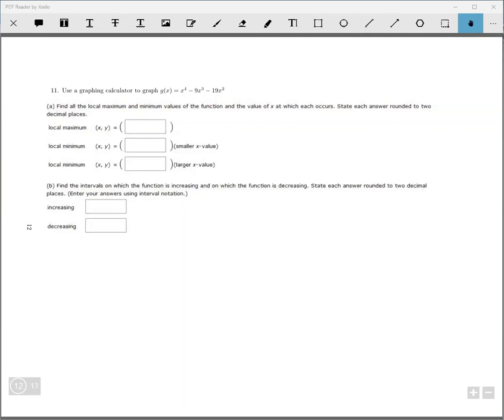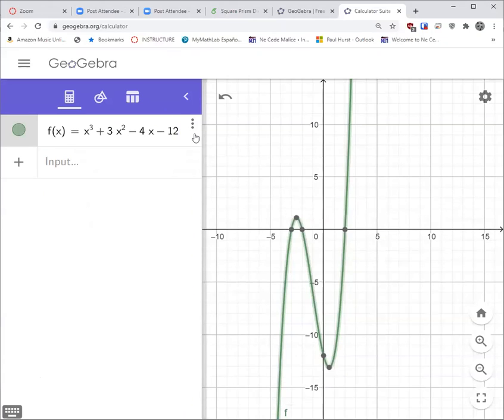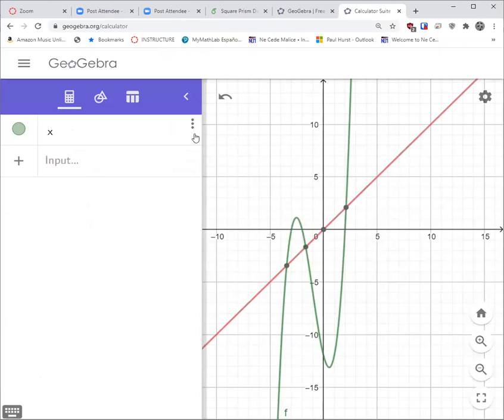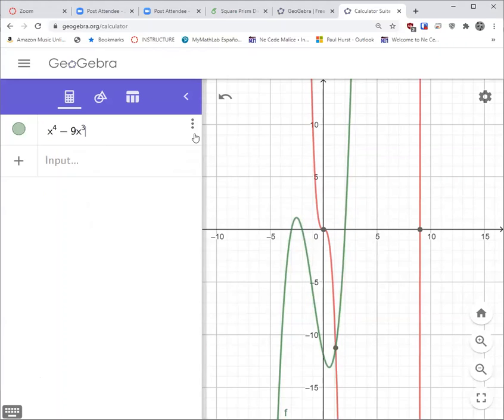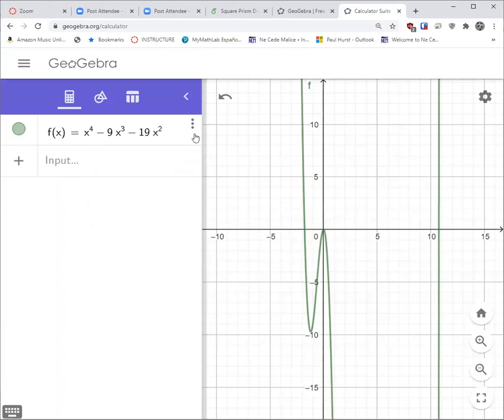We will, so come over here. I'm just going to erase all this. And it's x to the 4th minus 9x cubed minus 19x squared. Hit enter and it erases the old one. Okay, so